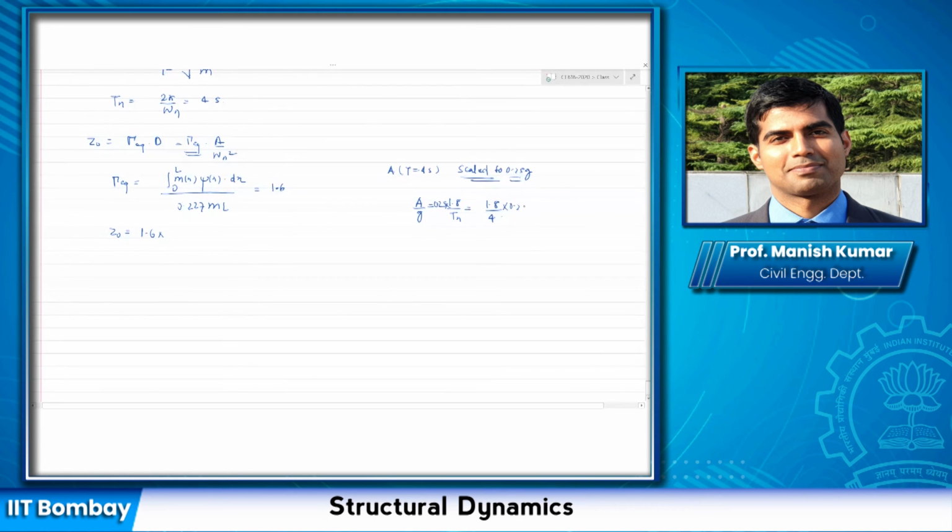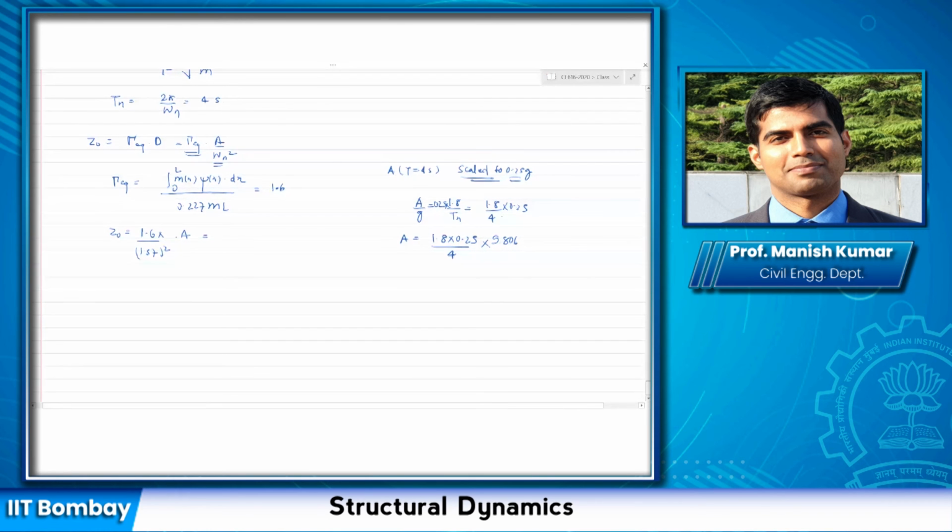The acceleration would be 1.8 times 0.25 divided by 4 times g, which is 9.806. I can substitute it here, divided by omega n square, which is 1.57 radian per second, and then substitute this value of A. Once I substitute that, I get the value of peak generalized displacement, which comes out to be around 71.2